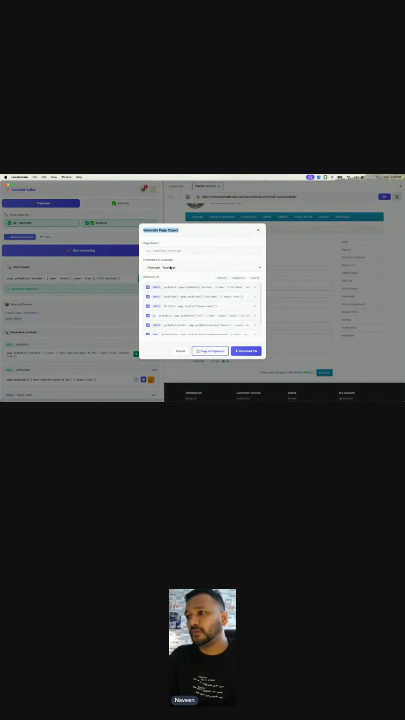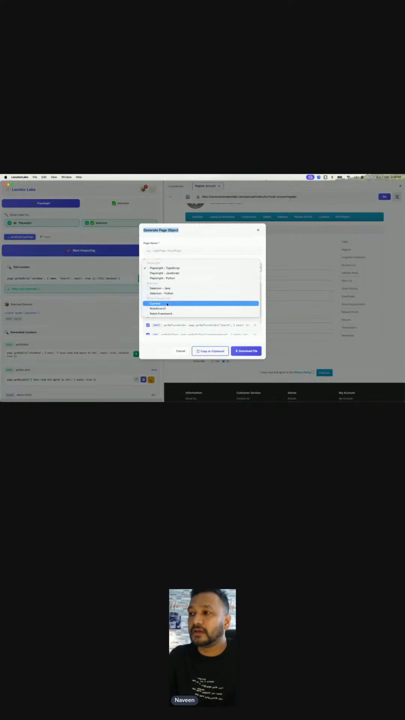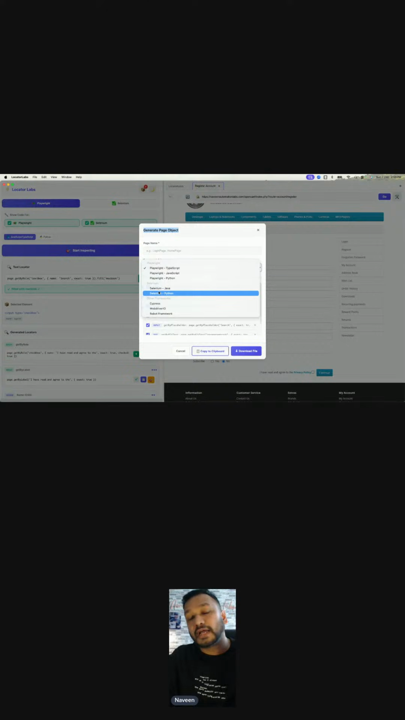After that, which framework and language combination do you really want to use? You can generate the page object for Playwright TypeScript, JavaScript, Python, Selenium Java, Python, and additionally we have given Cypress, WebDriverIO, and the Robot Framework as well. So it will automatically generate. See this, we actually captured the locators for Playwright, but if I want to generate the locators for WebDriverIO, Cypress, Robot, or Selenium also, I can do that. I'll show you. But right now, let's say I want to generate for Playwright with TypeScript,